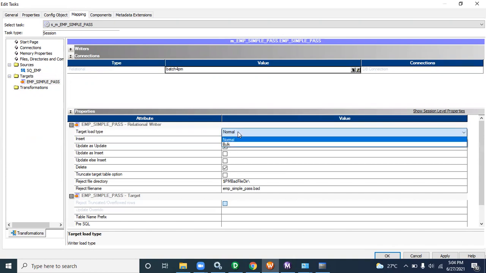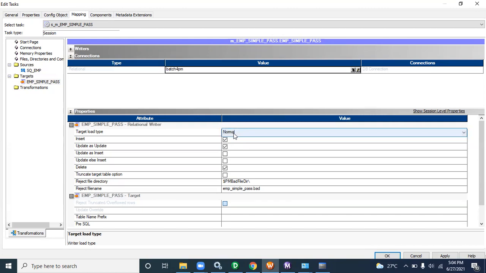Normal means row by row loading. Bulk means it will directly take a huge amount of data and directly write on the target. For that reason, for real time also, always keep normal. Normal means row by row it will process.